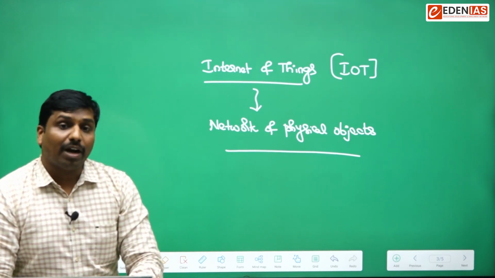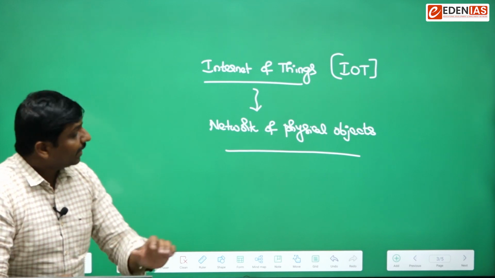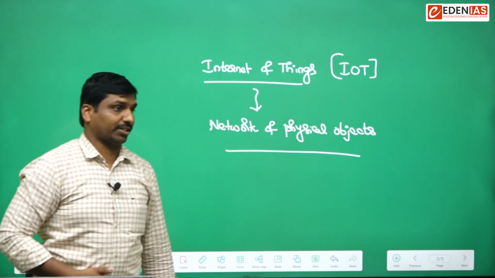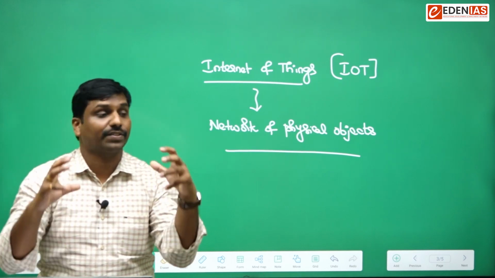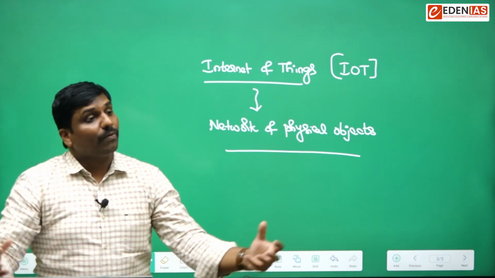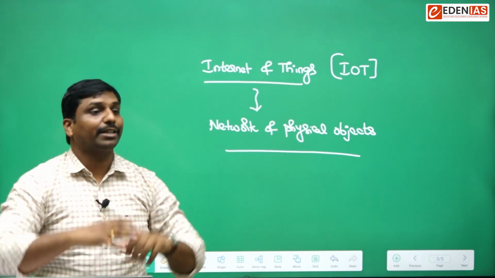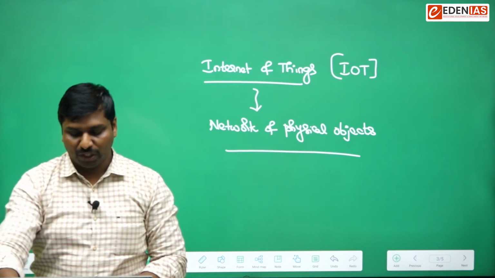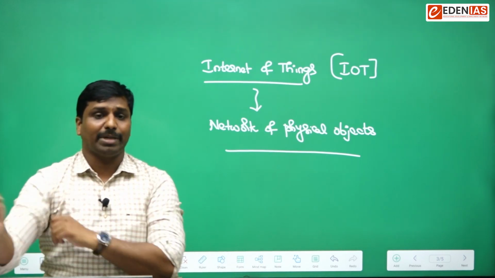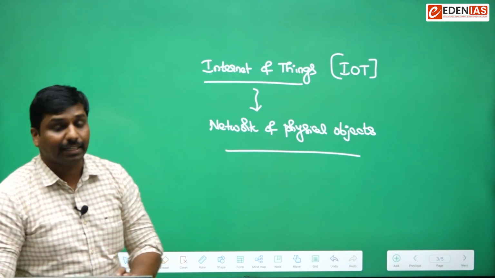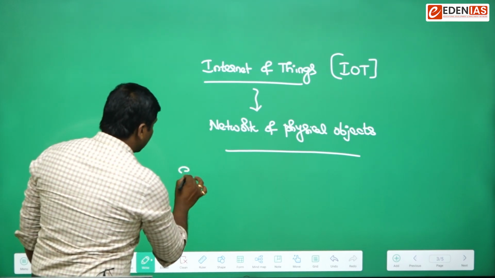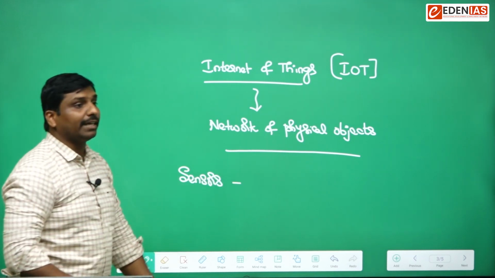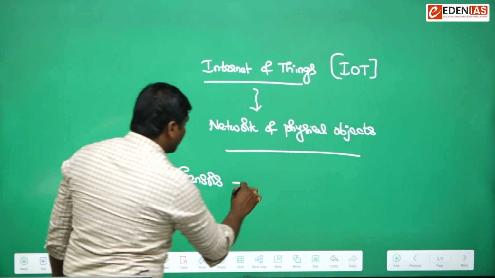So what is Internet of Things? It would be nothing but simply network of all those physical objects. That means all the physical objects would be connected over one software. So in this, we'll be having some sensors, and then we'll be having some softwares,